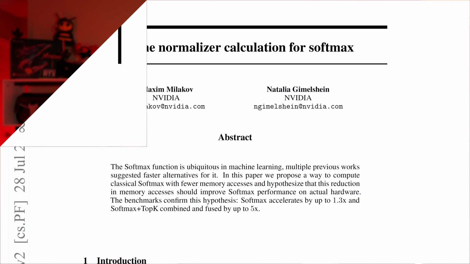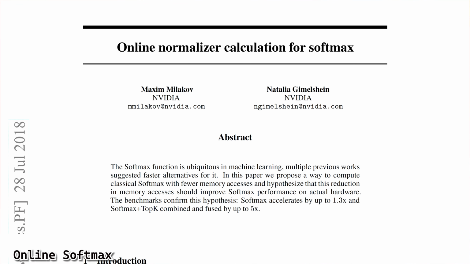The challenge here is the order of operations. We have to iterate over all of the elements to calculate the sum before we're actually able to divide each element by the final sum. We can't just calculate the softmax of all the elements in a vector in parallel. Thankfully, some researchers from NVIDIA published this paper in 2018 titled Online Normalizer Calculation for Softmax, which outlines how to calculate the softmax in an online fashion. It does so by utilizing an intermediate buffer that keeps track of both the running max and the running sum.